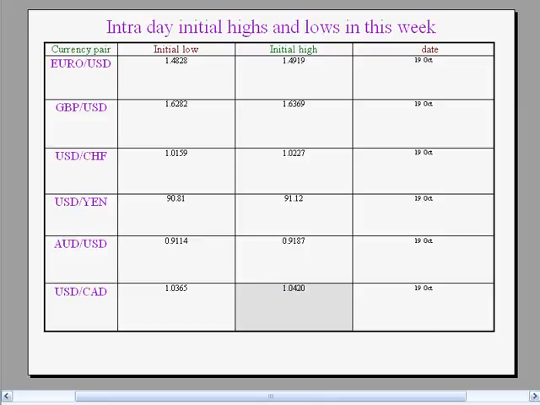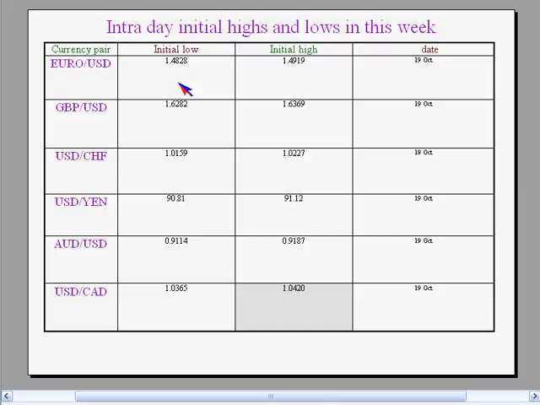In order to understand the market better, let us take up the intraday initial highs and lows set during the Asian session. Normally between 2:30 and 3:30 GMT, they set the high and the low in the 6 pairs: the 4 majors, Euro, GBP, USD Yen and CHF, and also the 2 commodity pairs, USD CAD and Australian dollar. With the help of making the initial highs and lows, they are able to make specific moves. And with the help of the specific moves, they are able to identify where the stops are placed